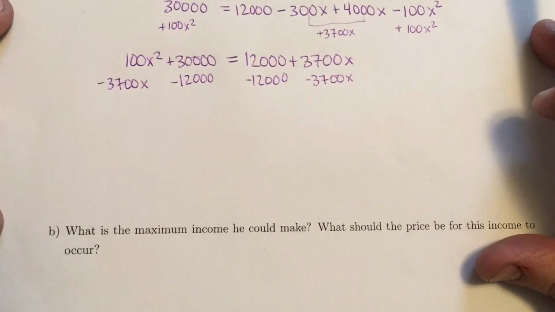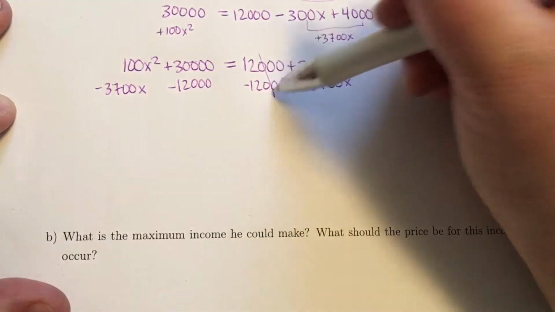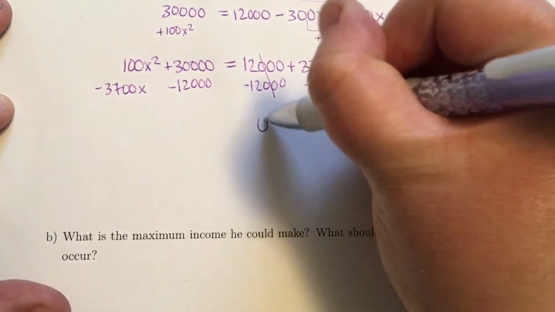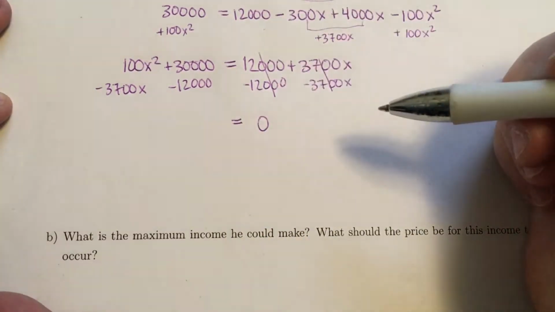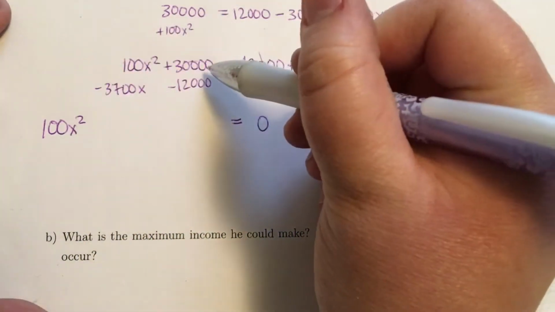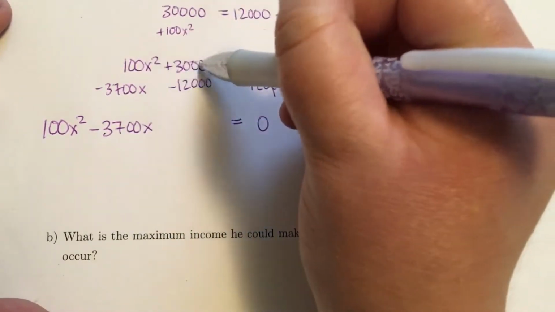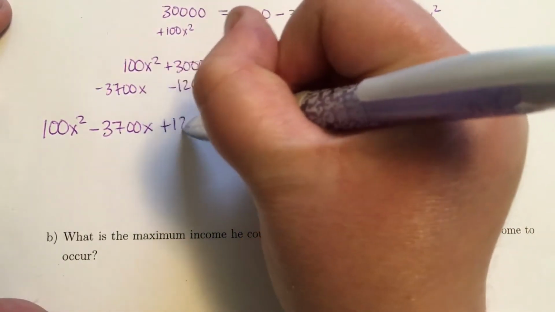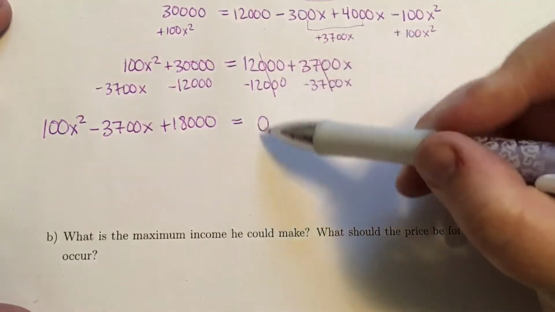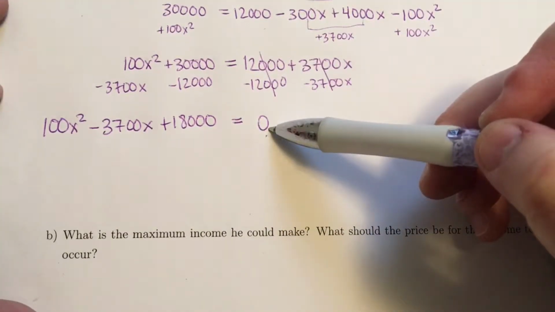Move all this up. So now I get 0 on one side. That was the goal. And on the other side, I have 100x squared, then minus 3,700x, and then plus 18,000 equals 0. So the reason we want 0 on that side is because then we can either factor or use the quadratic